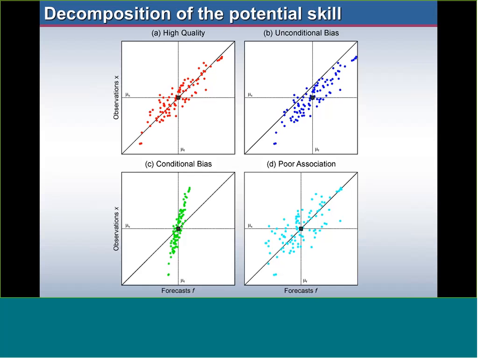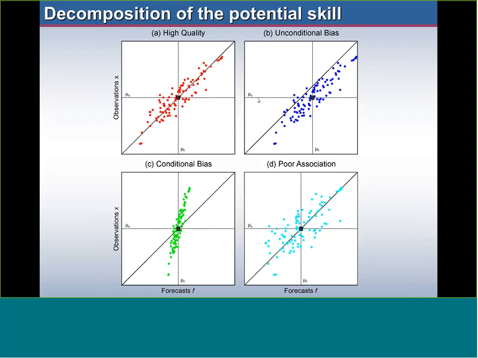What you would see in the top left panel is what we would call a high-quality forecast, with the forecast and the observations showing a strong linear relationship, and this linear relationship aligns along the one-to-one line, these red circles in the top left panel. Now, if you just compute the correlation coefficient of the top right panel, you would actually get the exact same correlation coefficient value, despite the fact that the points are no longer aligned along the one-to-one line, but they're shifted to the right. And so in this case, you have an offset, and the correlation coefficient is affected by unconditional